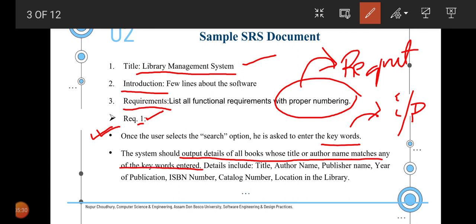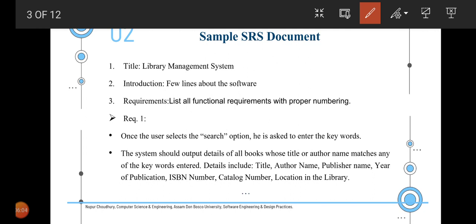Here the keywords would be the input, and as already mentioned, in functional requirements we have to consider the input, output, and the processing. So here the processing is the search option, the input is basically the author name, and the output will be the details of books whose title or author name matches any of the keywords which is entered.